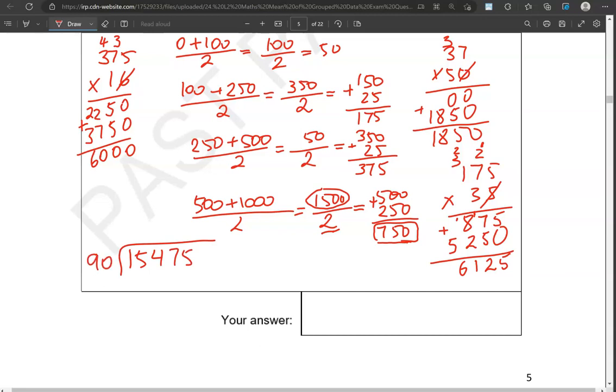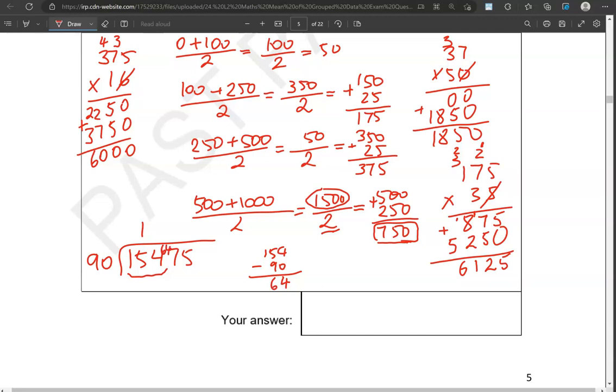How many 90s fit into 154? That is just one, because 2 lots it would be 180. So 154 take away 90 gives us 4. 15 take away 9, that is 6. So that gives us 64